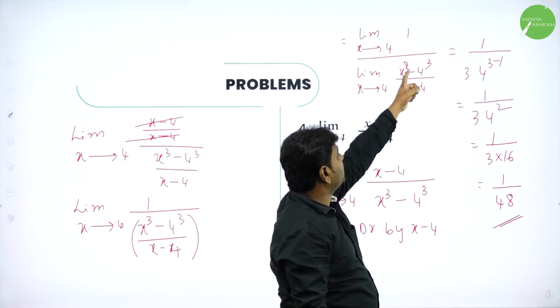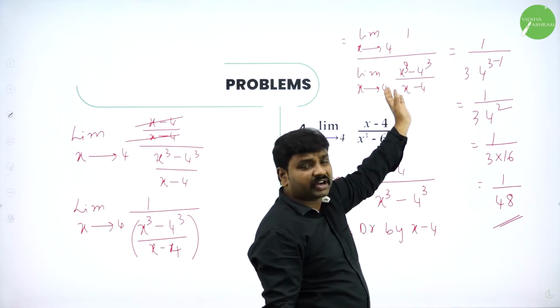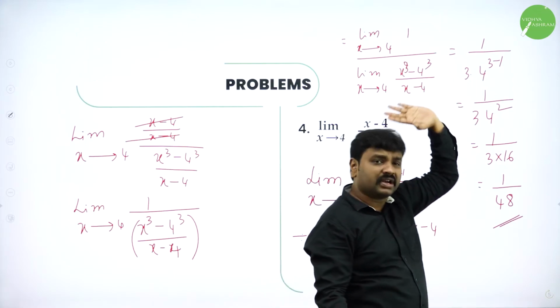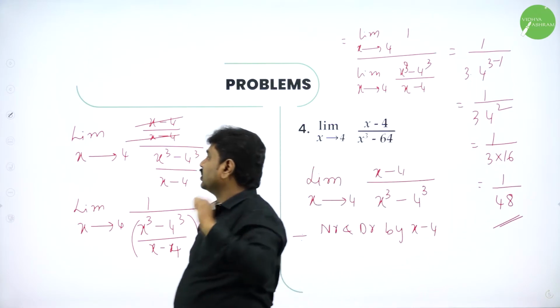The denominator is in the form x power n minus a power n by x minus a. What is x power n minus a power n by x minus a? It is n into a power n minus 1, and we'll get the answer. Then